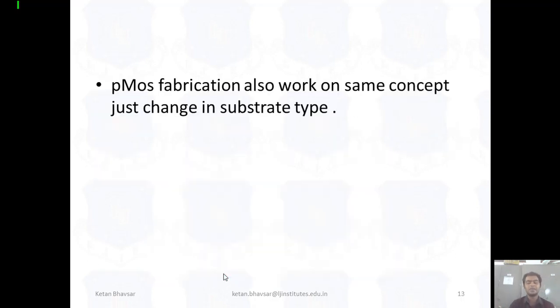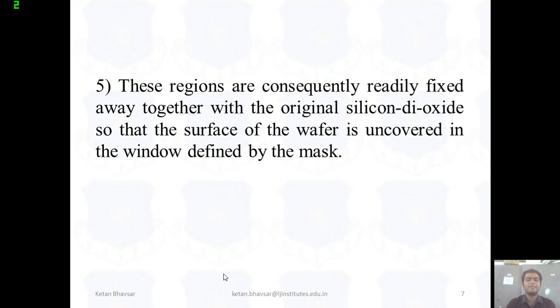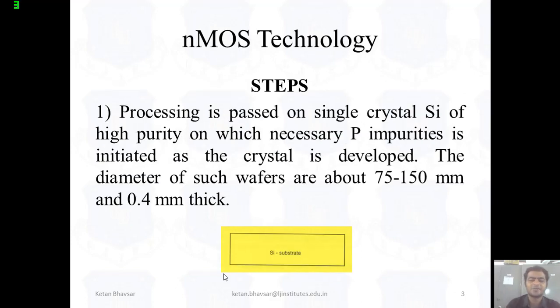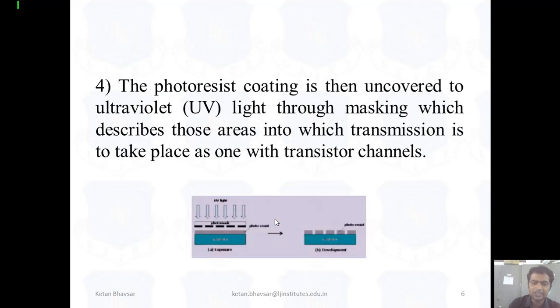Now as you can see in the PMOS type of transistor, we have the same process at each and every step. We just have to change the substrate and the doping density type, as you can see in this figure. Suppose right now I'm designing a PMOS, so we have to take a substrate of N type impurities. After taking the N type impurity, again this step will be the same for the SiO2 layer and photoresist material.